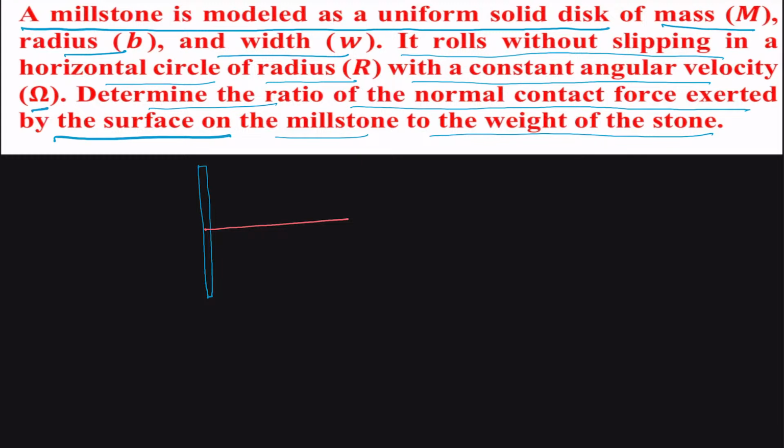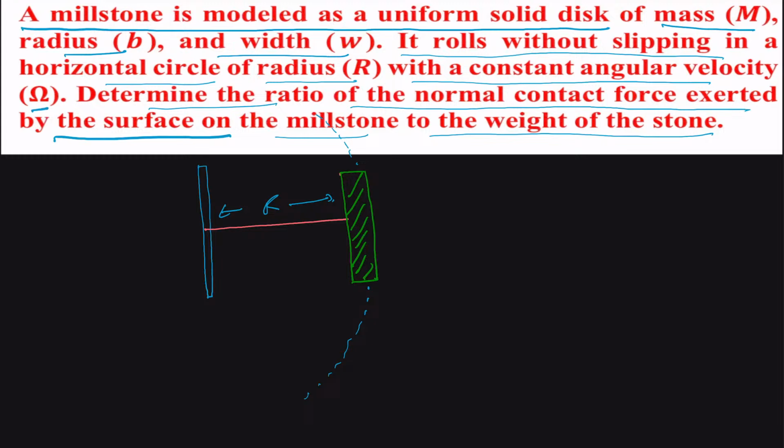So we can say that this is our solid disk, and it is going to move in a circle of radius r. So obviously this will be equal to our r,